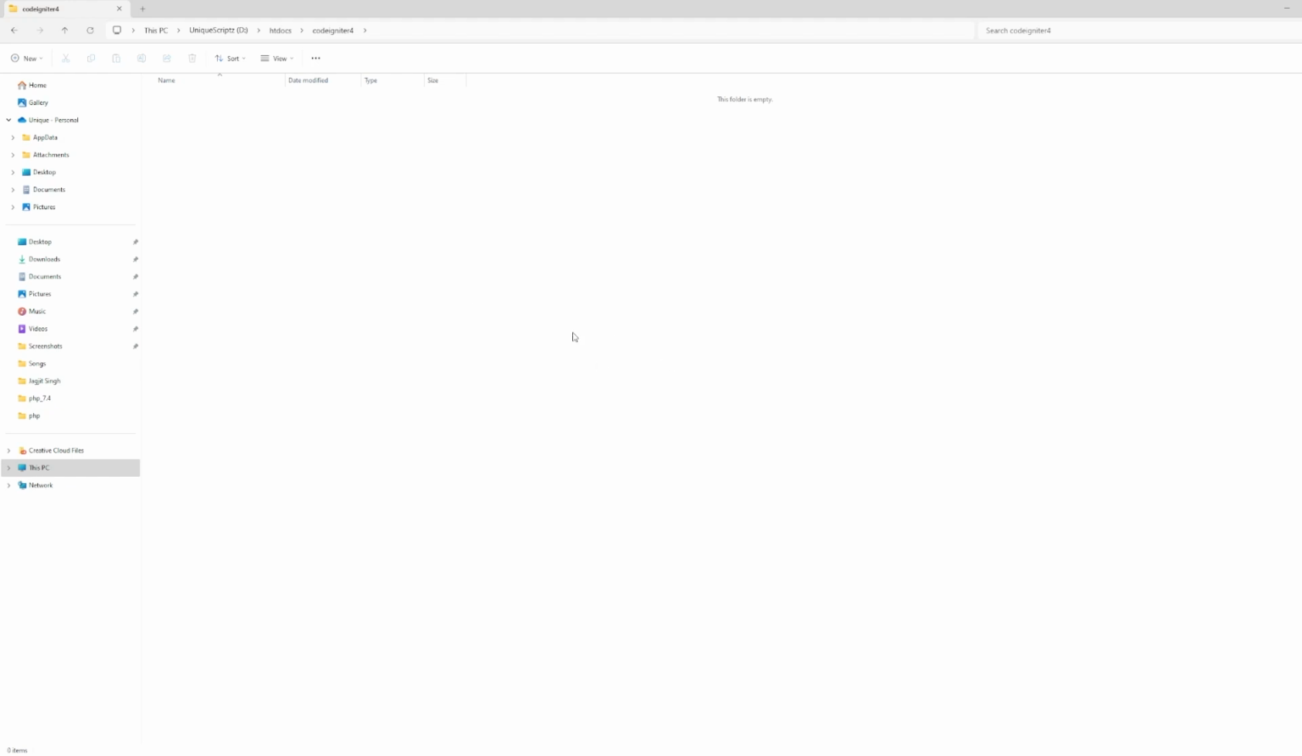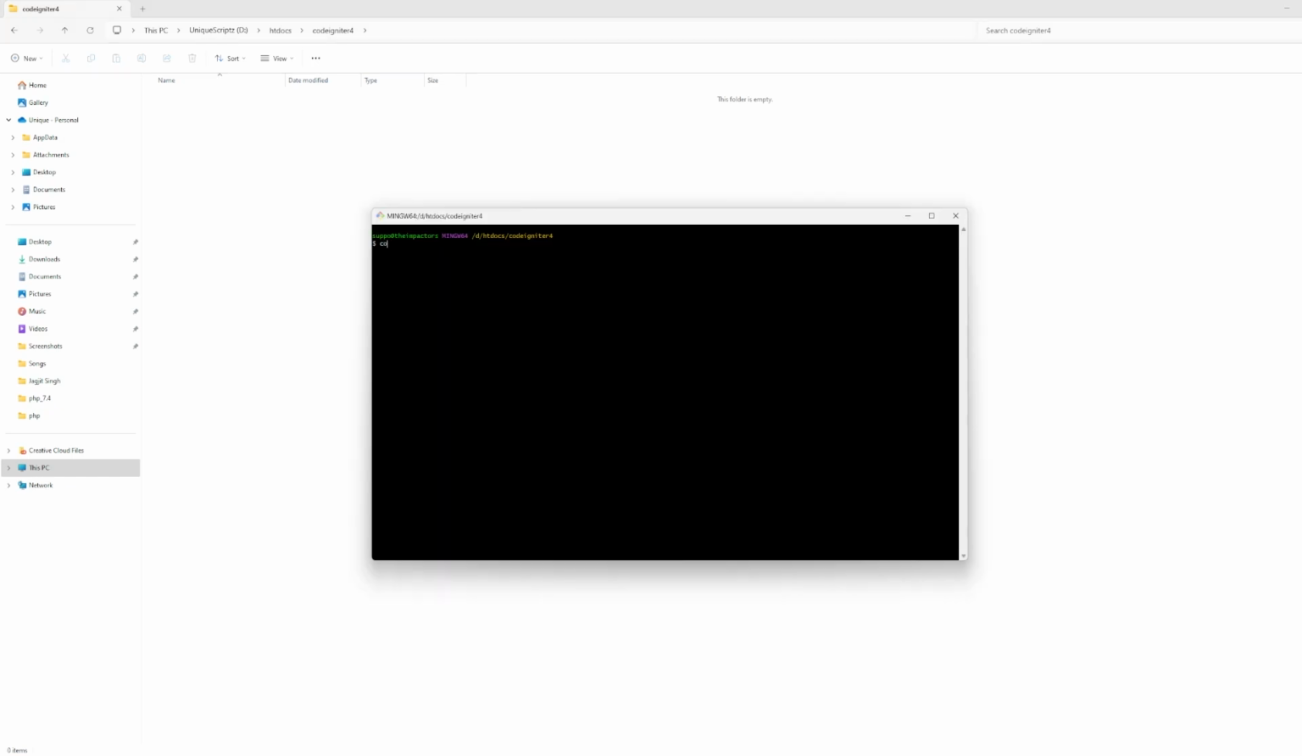To install CodeIgniter, we need Composer first. I'm not going to show how you can install Composer. You can just search for Composer in Google and download the exe file if you are using Windows, and they have Mac support also, so you can just go there. Simple command which is